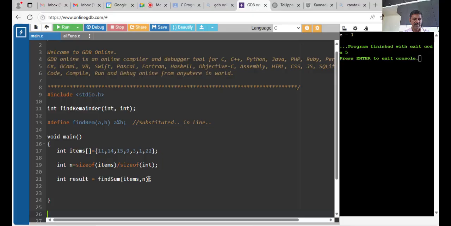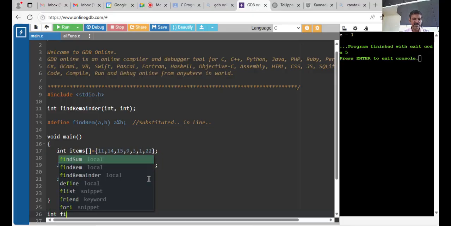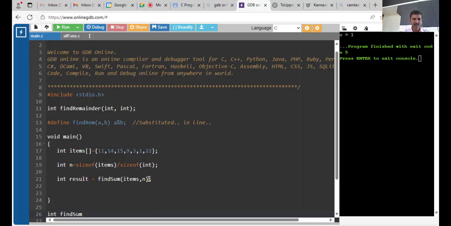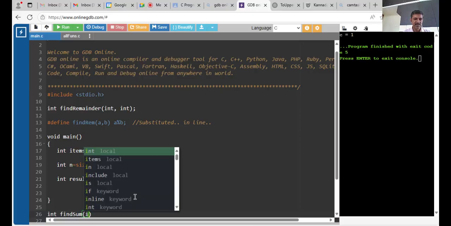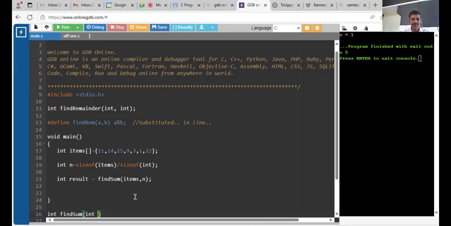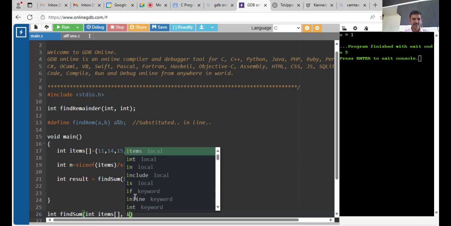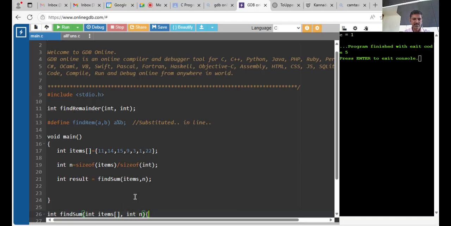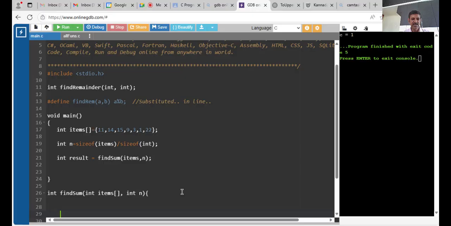So find sum will return an integer result. So I write find sum here. Now how do I mention to the compiler that the first argument is an array? Here you should specify the data type, then the name of the variable, then an empty square bracket. Okay, so in the function declaration,